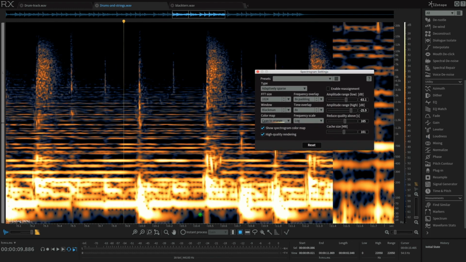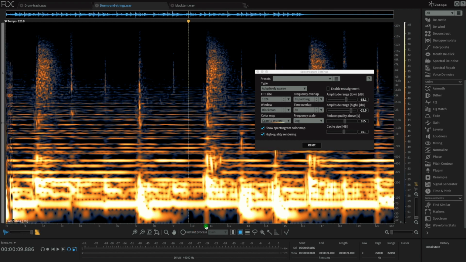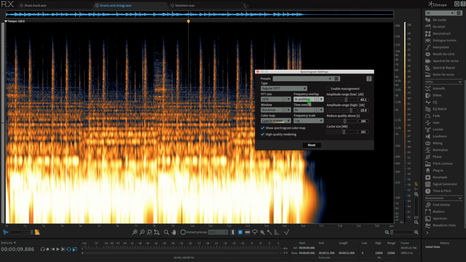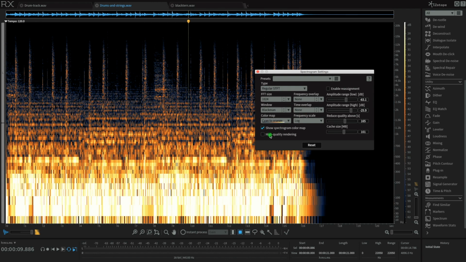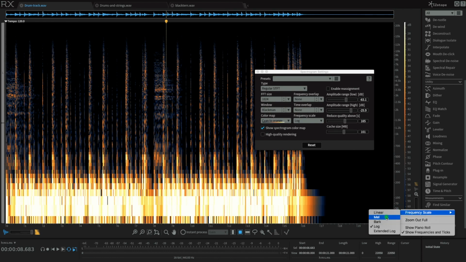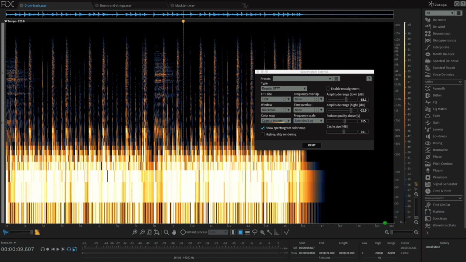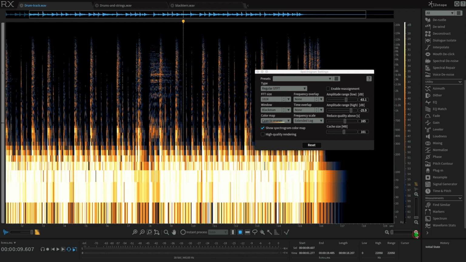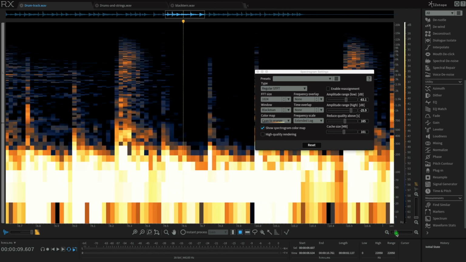To really get an idea of how the FFT window is constructed, we can jump back to regular settings, take down the overlaps, take out the high quality rendering, and let's actually go back to the original drum track. Alright, so this is pretty much the lowest quality, and if we zoom in,